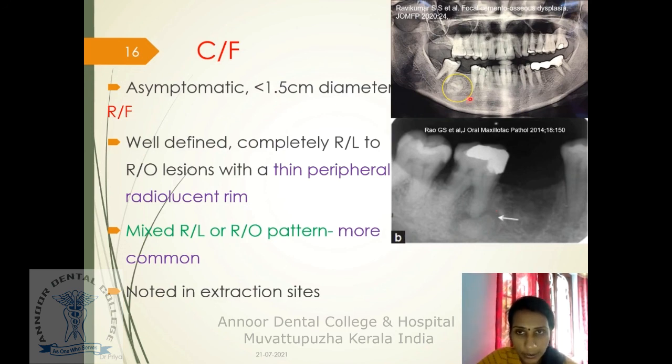Again here you can see it's radiopacity more, and this is more seen in extraction sites. So if you observe this radiograph here, this is related to an extraction site. So very common to extraction sites. So this is what you see. It is mostly asymptomatic with a swelling which is less than 1.5 centimeters, and it's more a radiographic finding. So you can see well-defined complete radiolucency or opacity or a mixed pattern, and more common to your extraction socket